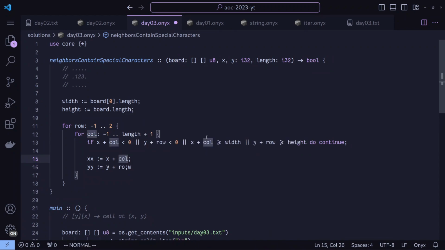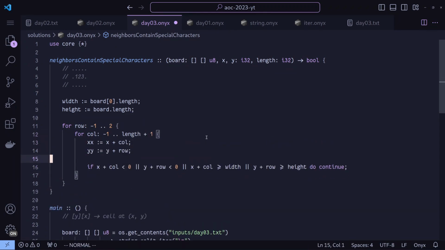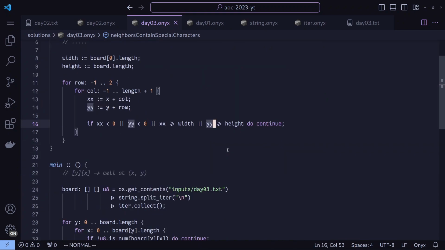And now that I've written these, I think it'd actually be better to refactor the line right above. Not really refactor, but just clean it up a little bit. Just say XX is the cell we're targeting on X. We have YY in those places, just like that. Okay, so now